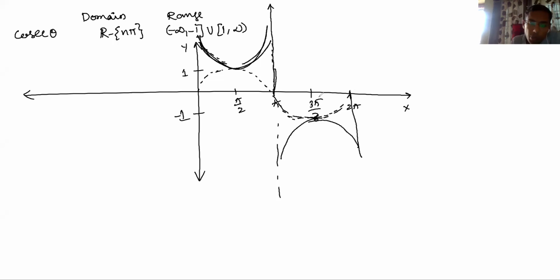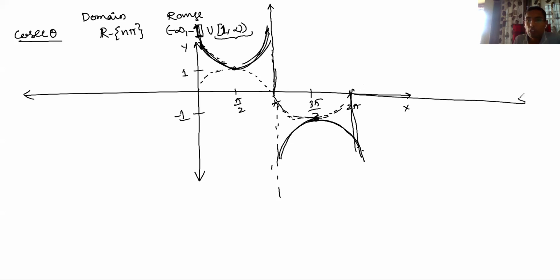So for 3 pi by 2 it is minus 1 only. That means cosecant theta value minus 1 will be there. Okay? And 1 will be there. In the first and second quadrant, the minimum value is 1. The maximum value is infinity, like this, it approaches infinity. In the third and fourth quadrant, it's negative. But what is the maximum value here? Minus 1 is the maximum, and for the remaining all, it will be negative. Hope you understand this graph. So it is a simple and easy graph for cosecant theta. If you understand the sine theta graph, it will be easy to understand this.